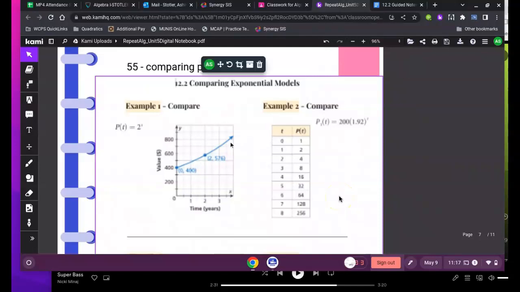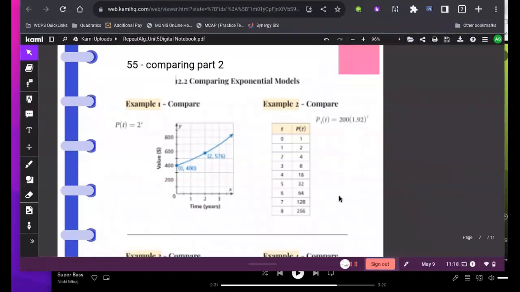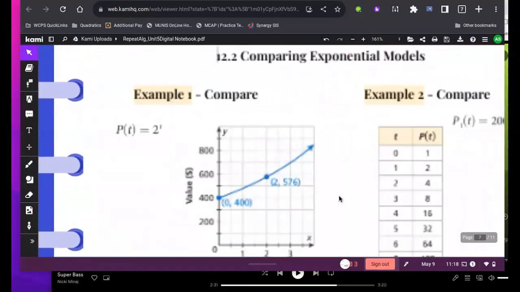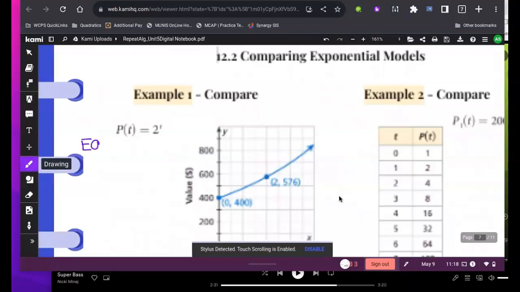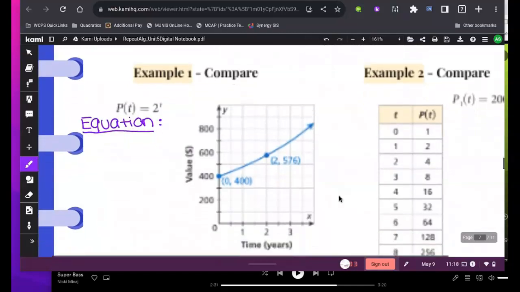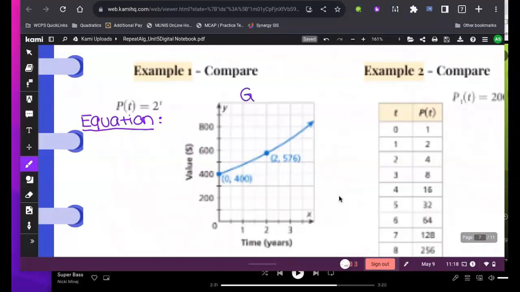So we're going to compare our initial values for the given equation and the given graph. We're given the equation, which I'm going to do in one color. So Q of X, or P of X, is the equation, and we're going to identify the initial value. And then we're going to do the same thing for the graph. So we're comparing initial values,